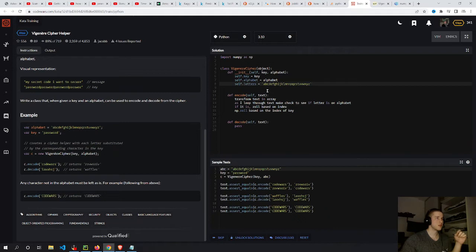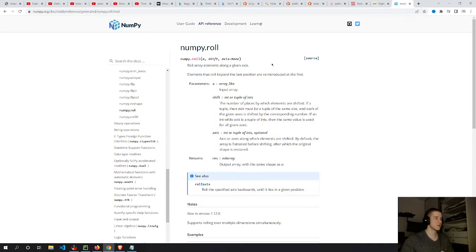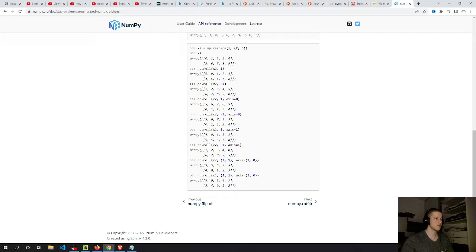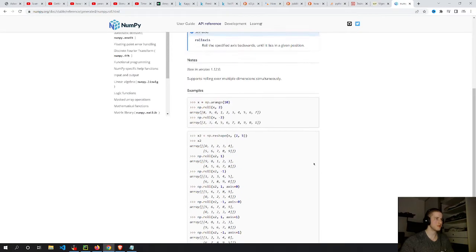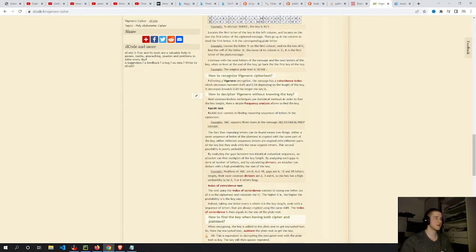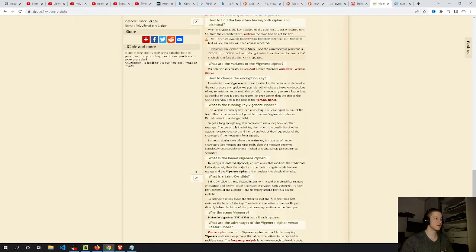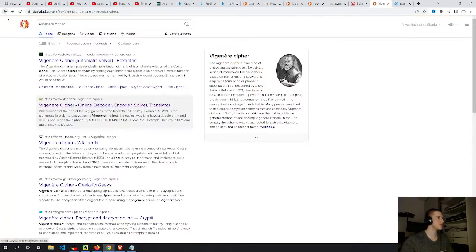One to make the check and one to roll each time. Oh, I can also do it on 2D arrays. And the hardest part of this, honestly, is understanding how